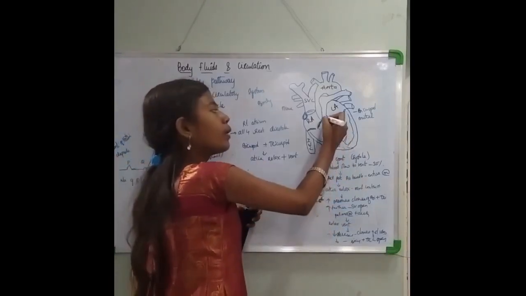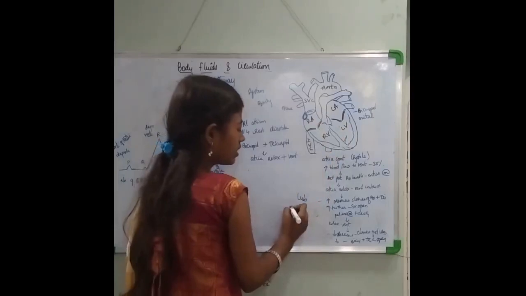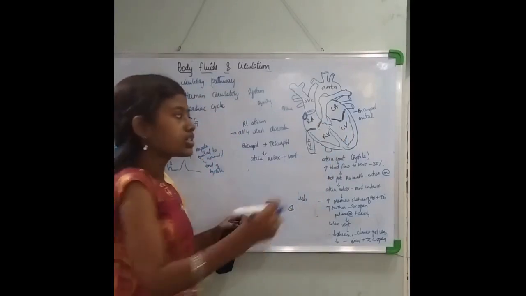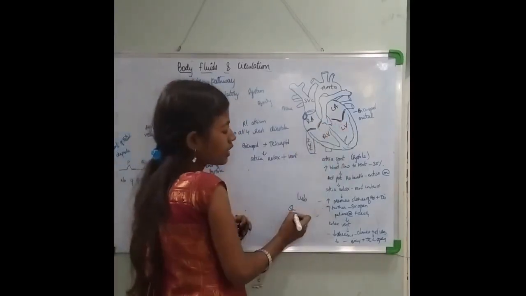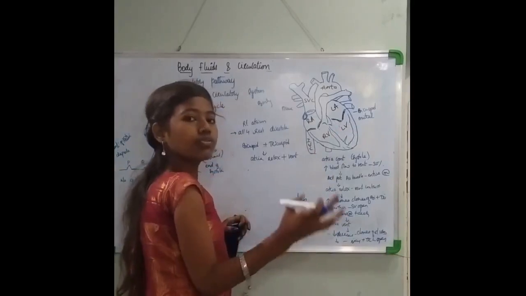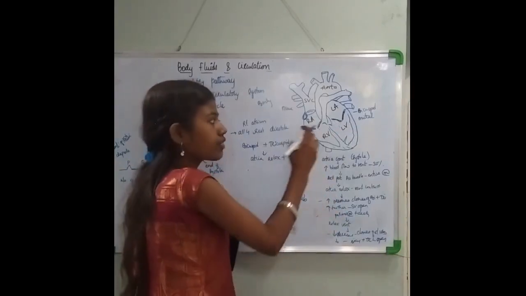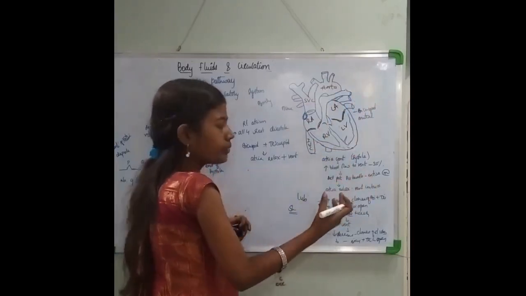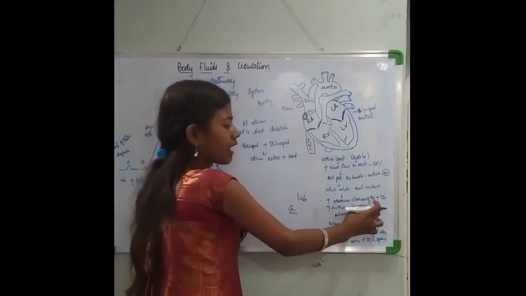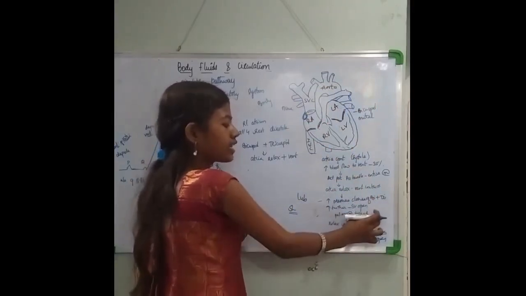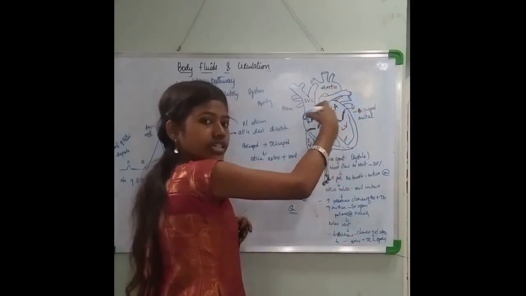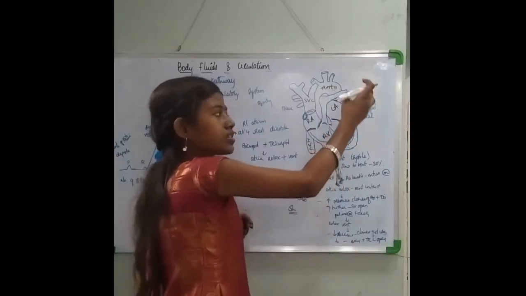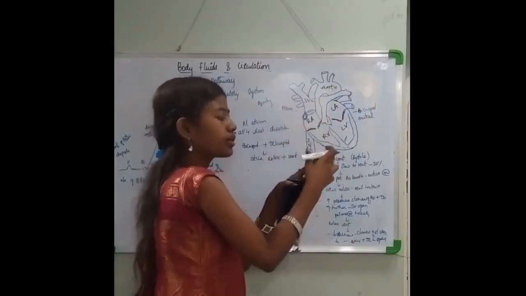That leads to opening of the SV valves, the semilunar valves. Once the semilunar valves open, since the blood is in the ventricles, they allow the flow of blood in only one direction, from the ventricles to the arch of aorta. Further pressure is increased, the semilunar valves open, and that directs blood to the pulmonary artery and the arch of aorta. Once the blood reaches the arch of aorta, the entire body gets the blood. So this is the process till here. The blood has flowed out of the ventricles to the arch of aorta and the body parts.